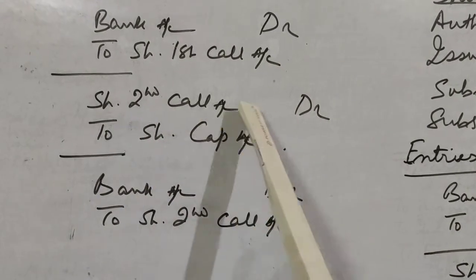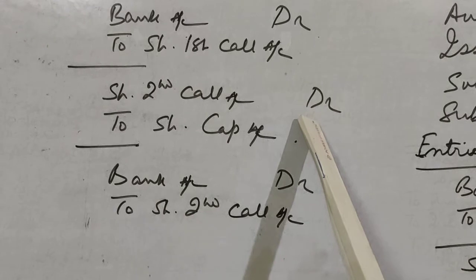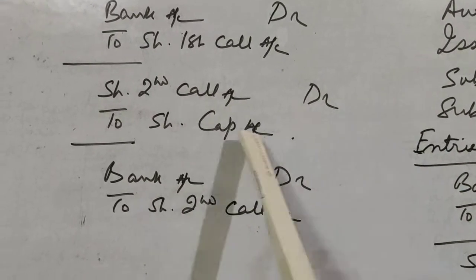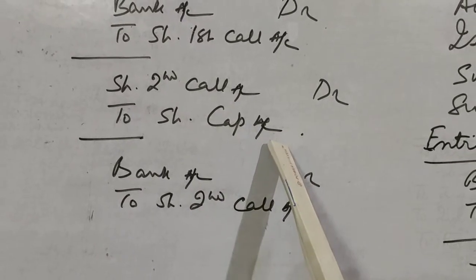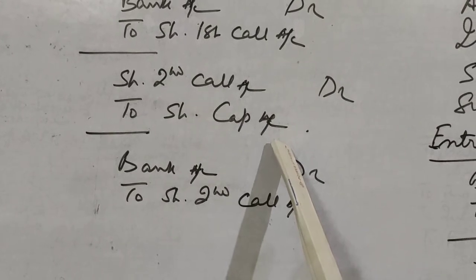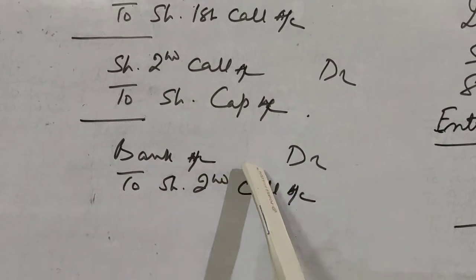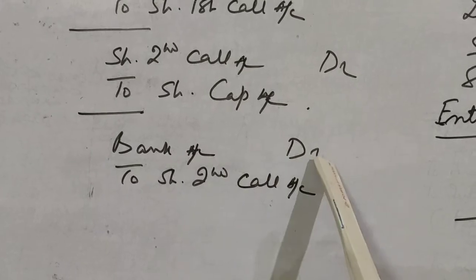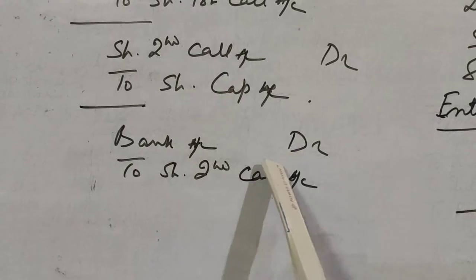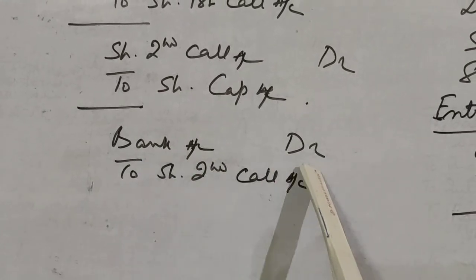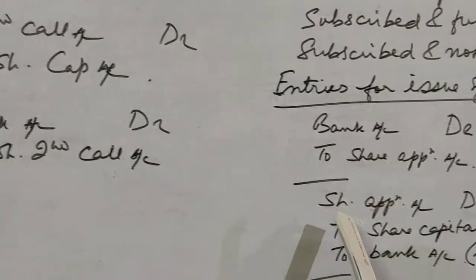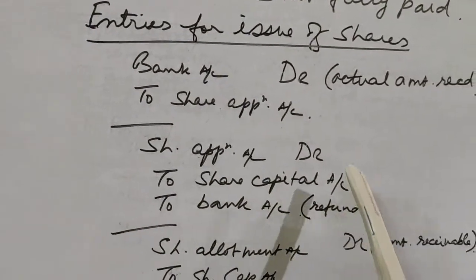So share second call account debit with the number of shares allotted and into second call money per share 2 rupees to share capital. So again here we are passing the transfer of the second call money to the capital directly. And then when the shareholders pay, bank account debit to share second call. Here again, if some people do not pay, then that will be debited to calls in arrears account. Okay, so these are the journal entries which are passed in the books of the company on the